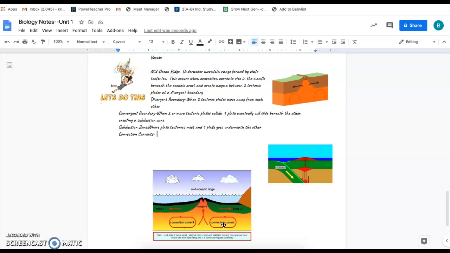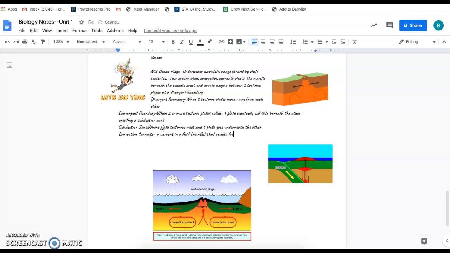So these convection currents that are underneath Earth's crust, they're what move the plates, okay? And at a mid-ocean ridge, they actually push the magma up. So it's actually creating more of a mountain range. It's making the mountains bigger. So these convection currents, they're actually moving the mantle down here in a fluid circle. So this is a current in a fluid. In this case, we're talking about the mantle